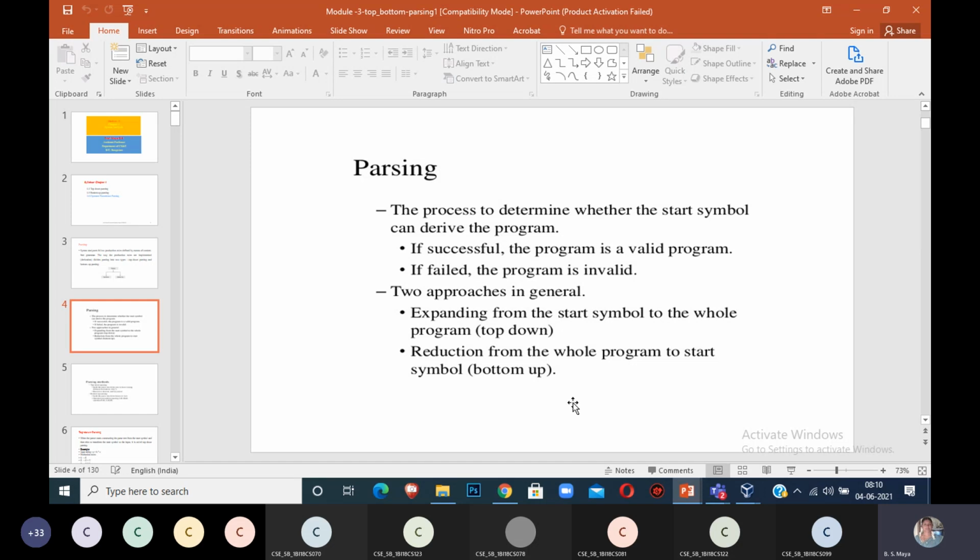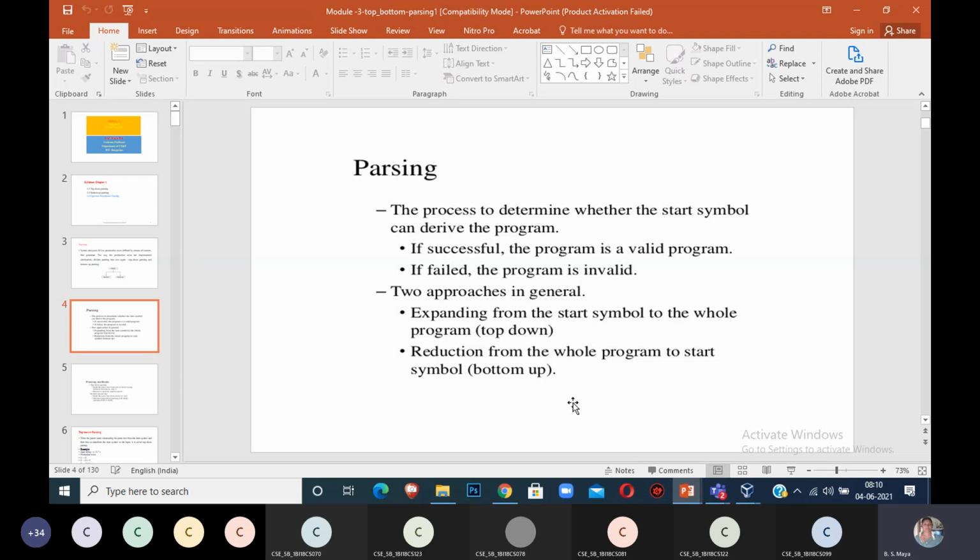Then what is bottom-up? As the name indicates, bottom is from the leaf level. That means you start from the input level, and then we do reduction. You know about reduction. What is reducing? Reduction starts from the body of the production being replaced by the head of the production. When the body of the production is replaced by the head, at the end stage you should reach the start symbol.